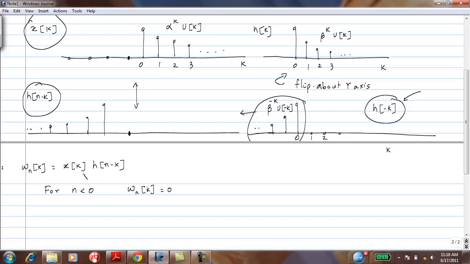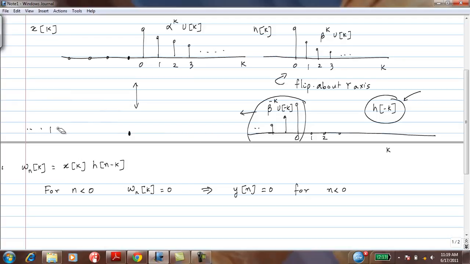Because it's the product of two of them, and one of them is always 0 for all values of k if n is negative. So this means that y of n is 0 for all n less than 0. Okay? Now I'm going to start to shift h of minus k